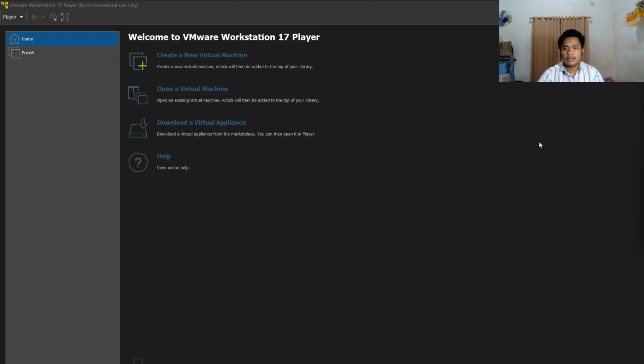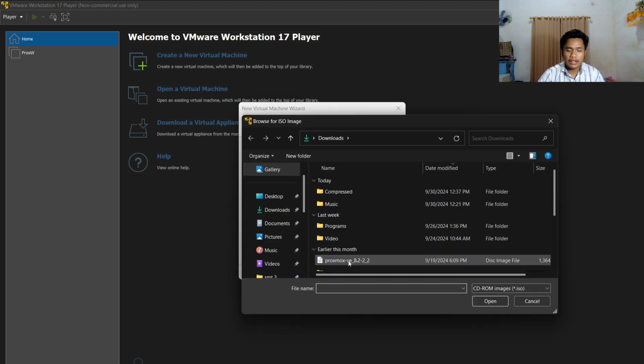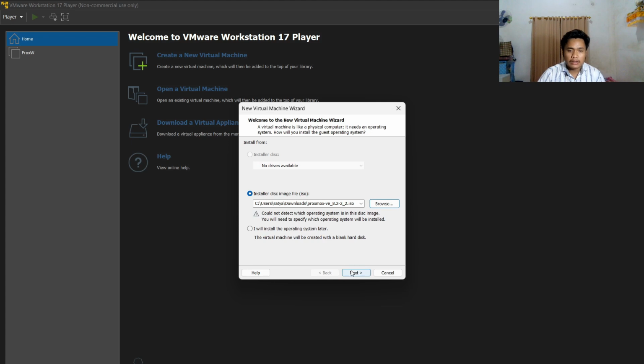Okay, before that, as you can see, I will use VMware to install the Proxmox ISO. For that, you can click create a new virtual machine. You choose this and browse. As you can see here, I already downloaded the ISO, so I will open this. Next,